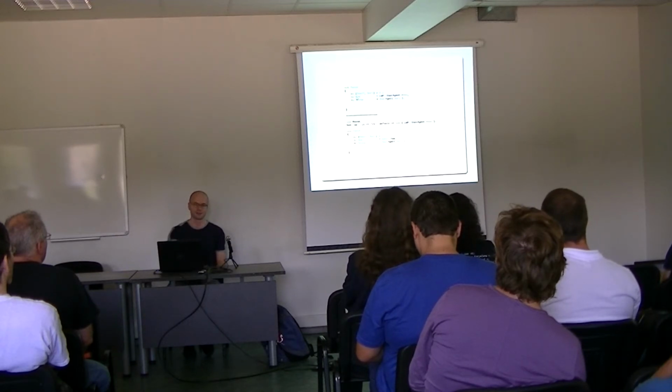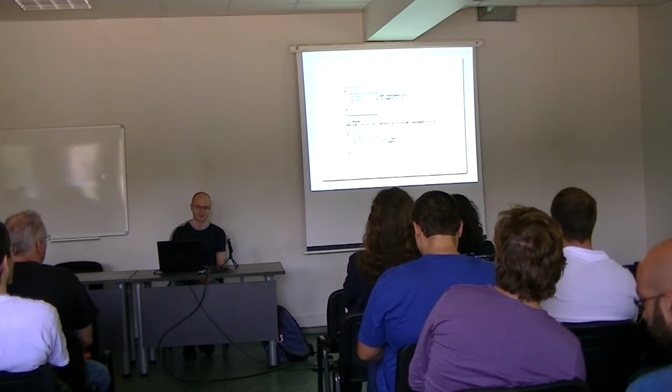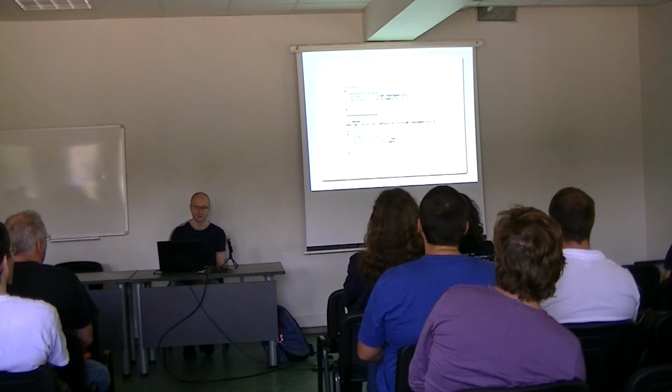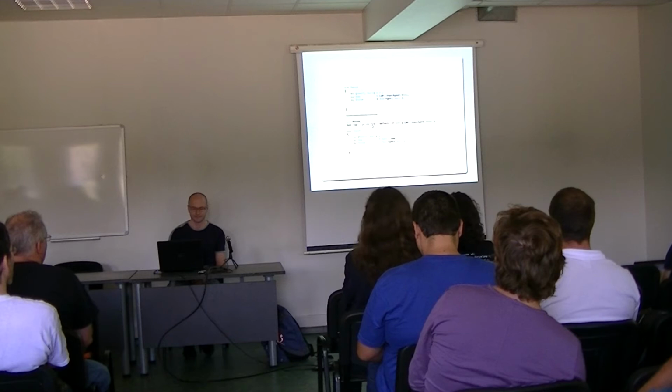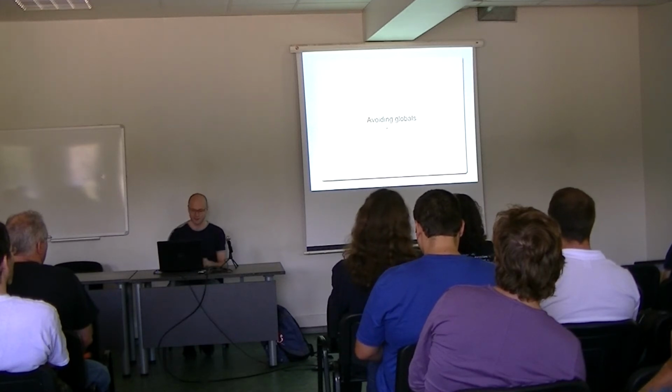This is the code before dependency injection, where you create this user agent inside the business logic. And here is the Moosified version, where you have this user agent as an attribute. I call this a simplified dependency injection